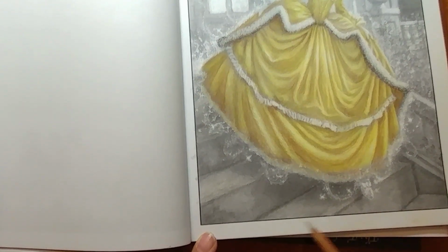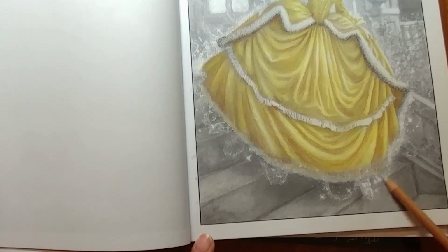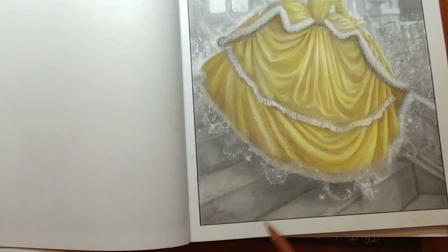Okay. And no, I'm not worried about staying in the lines. If I decided I wanted to take this out and frame it, that line would all be out of the way anyway. So not to worry. Okay, so there's our step. Really easy, huh? So not bad at all. All right, so now